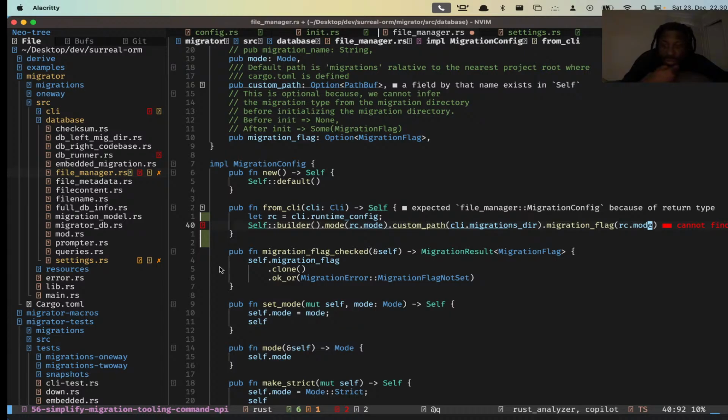Oh, this is if it's reversible or not. That's not a global configuration. So it's not really a global configuration. That's a local configuration. So I think we could